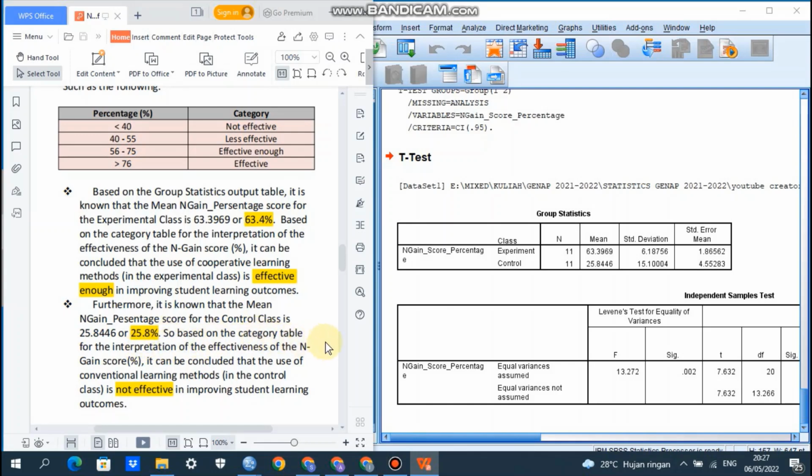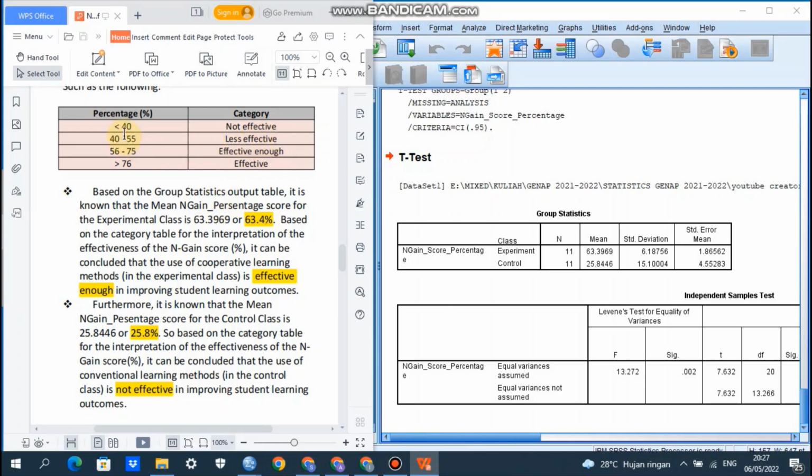So based on the category table for the interpretations of the effectiveness of the N-gain score percentage, it can be concluded that the use of conventional learning methods in control class is not effective in improving student learning outcomes.